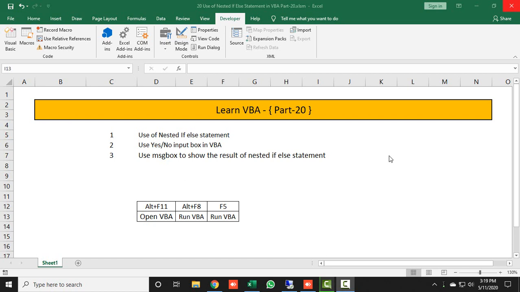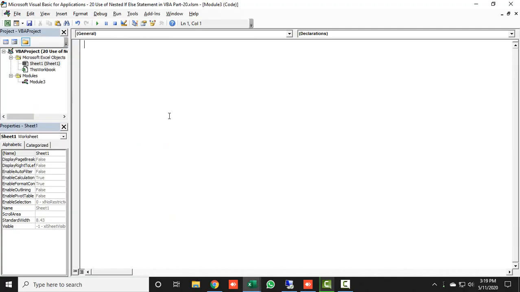For this, let's go to our Developer button and we'll start our coding. I will click on Visual Basic to open the Visual Basic page, and here I will start this coding. In this coding, I want to check a survey of any company, and I want the company employee count to be 50, not more than 50, not less than 50. For this I'm creating the code.